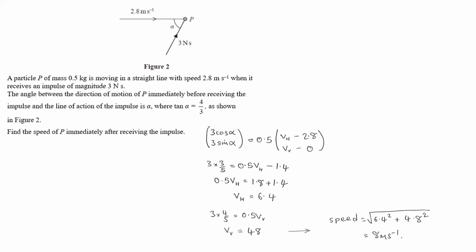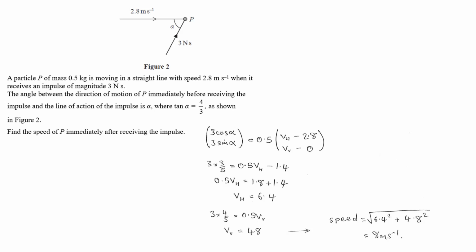Now, impulse has to be in line with the path of the particle, and I've done 3 cos alpha is equal to mv take away mu, which I've just factorized, taking out the 0.5, and the other way, 3 sin alpha is equal to the same,